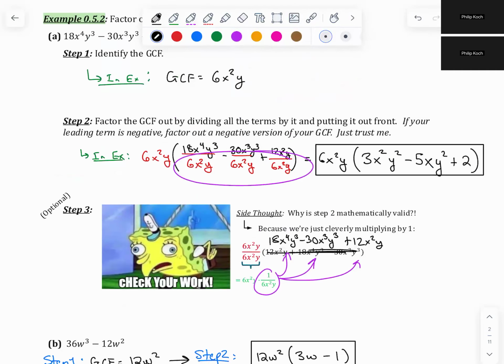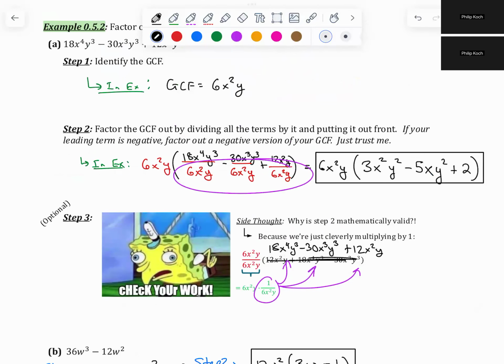Oh, I forgot to mention something in step 2. I forgot to write it down. It's there, but I forgot to highlight it. If your leading term is negative, it's not required by any means. You will get full credit regardless of whether you do this or not. However, when it comes to factoring quadratics, it's much better to deal with a leading term that's positive. So I recommend if your leading term, your highest degree term, is negative, factor out a negative version of your